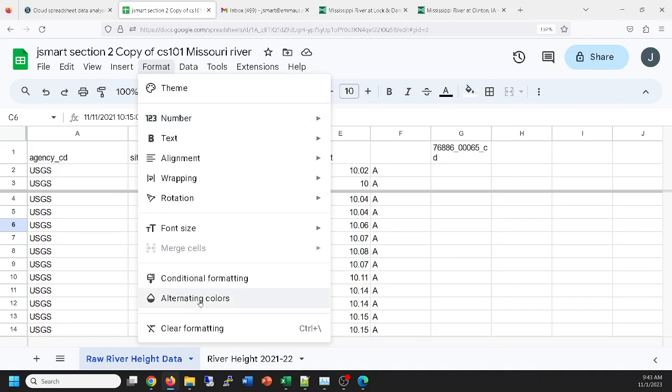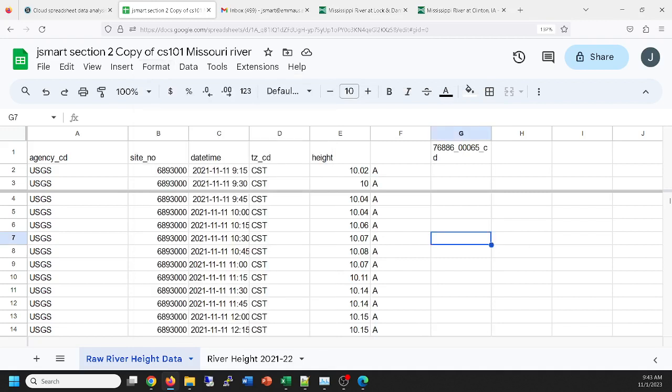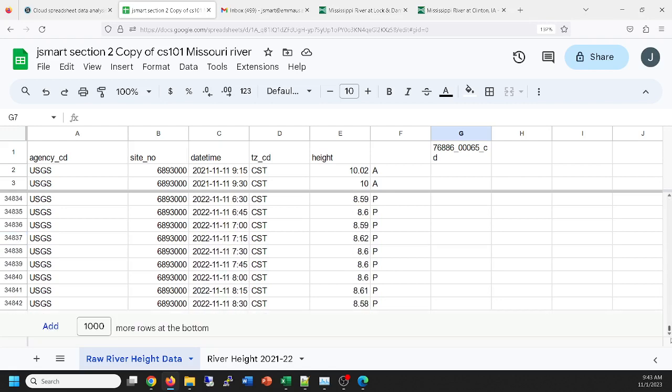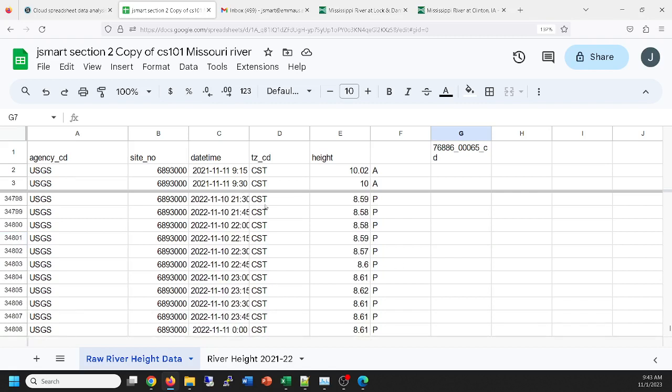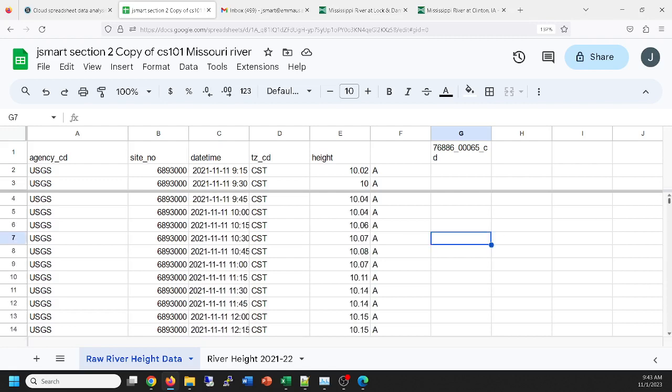I could even alternate colors in my data. I don't want to worry about the data because I know any operation on this sheet, 34,000 lines, might slow me down a bit. But it's a nice way for you now to have the ability to look at any data that you gather from somewhere,